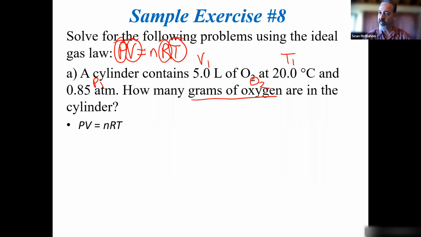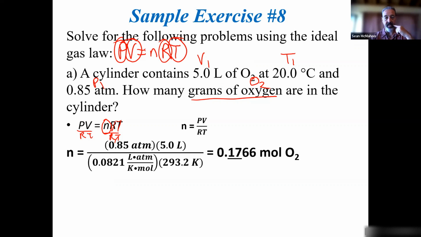So PV equals nRT. I'm going to rearrange and solve for what? Moles. How do I do that? Divide both sides by RT. So moles equals PV divided by RT. Now,